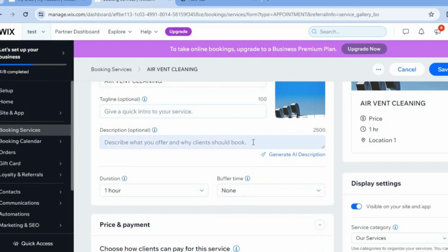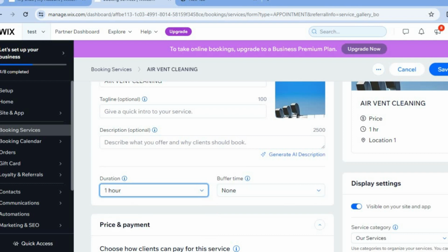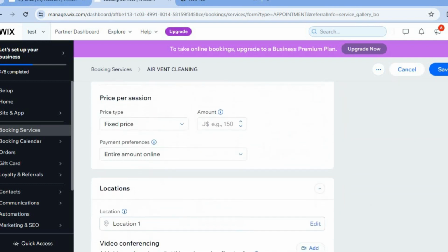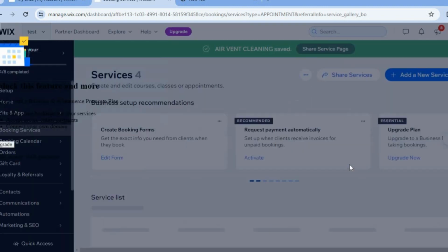You can also add a quick description of the service and also the duration time that it would normally take. Then you're going to scroll down, and from here you can set your price. So let's say, for example, $100. Then you would tap on save in the top right hand corner. And you can continue doing this. You can continue adding different services on this page,